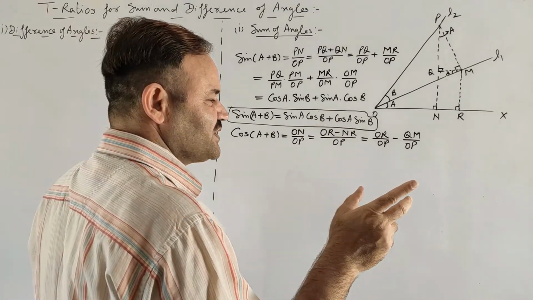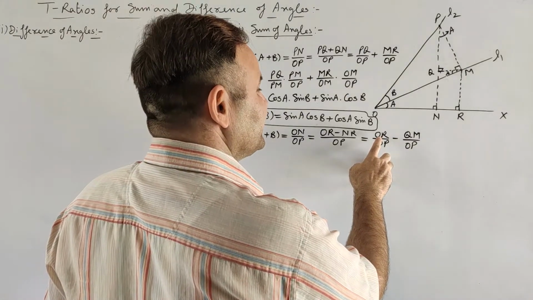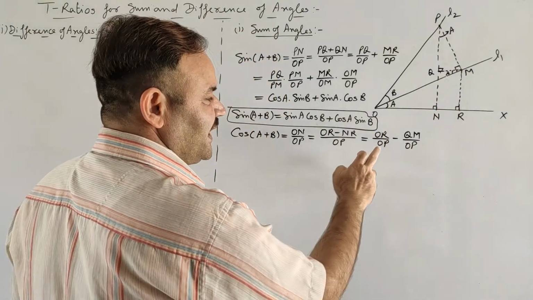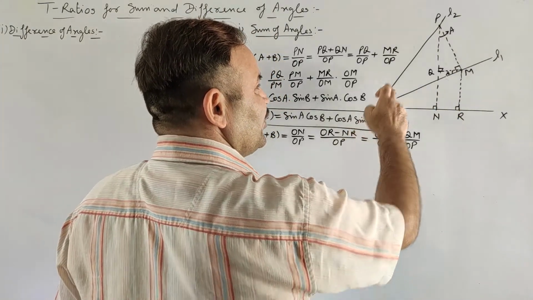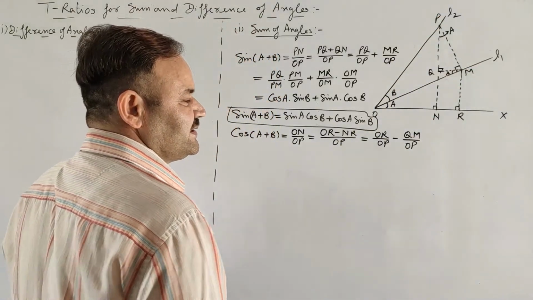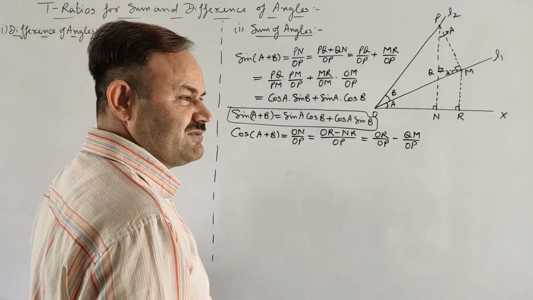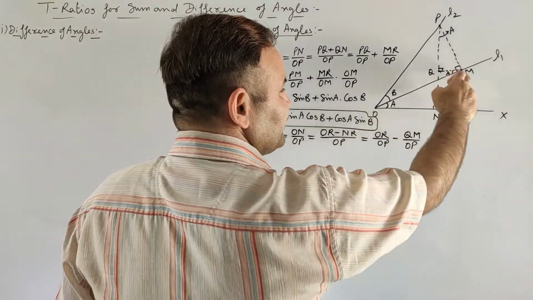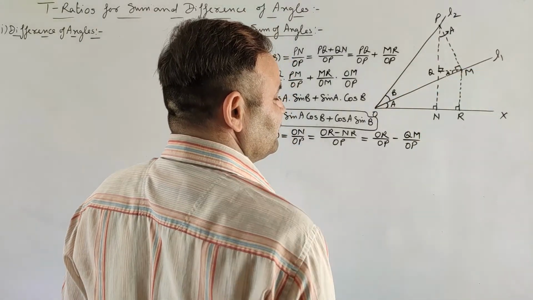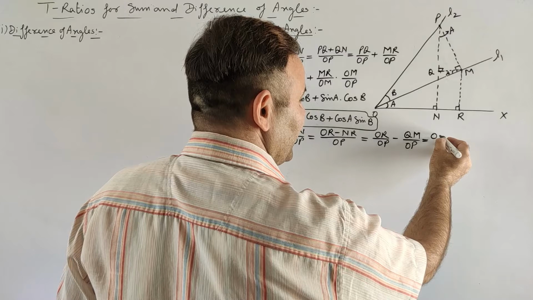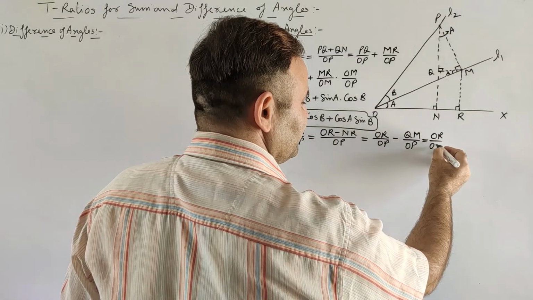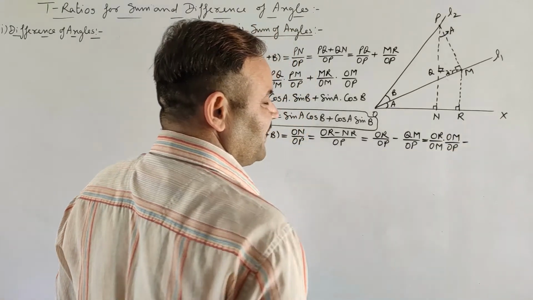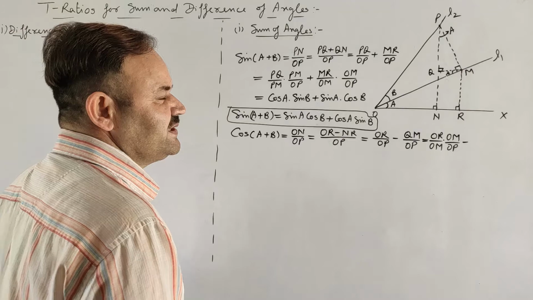Now we will find out two triangles having sides OR and OP, and then the side common to both of those triangles. So OR is possessed by triangle OMR and OP by triangle OPM, and it means which is the side common to both these triangles? The common side to both of these triangles is OM, so it can be written as OR upon OM into OM upon OP minus QM upon OP.